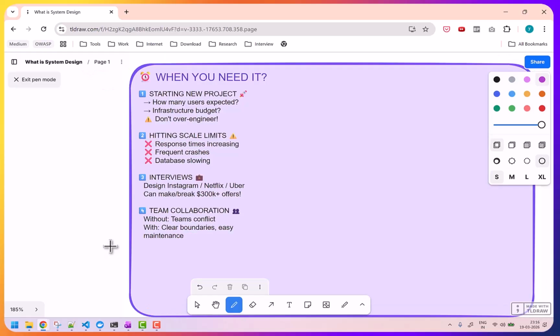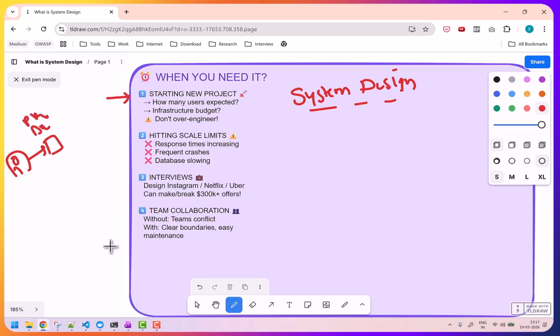Now, obvious question is, when should we start thinking about system design? When should we think about it? So we need to think about system design from the start. Initially, what used to happen is, people used to gather requirements from the user. Okay, we will have a business requirement documentation, BRD, or they will call it a PRD, product requirement documentation. Then it will go to development. Then the team used to think about system design, how it will work. But this is a flop plan.